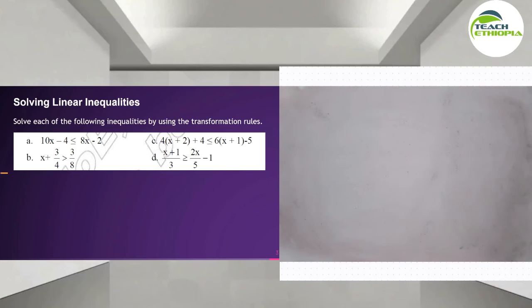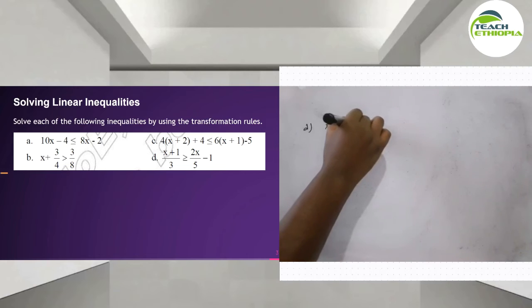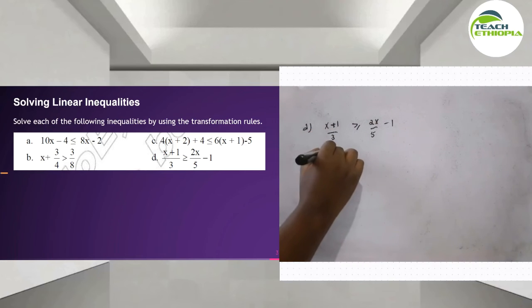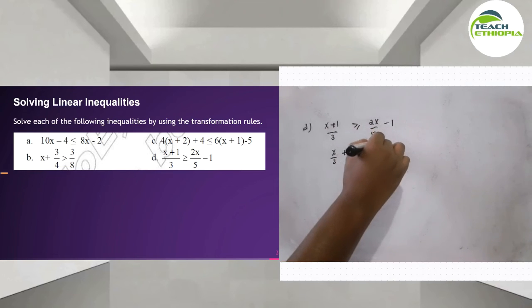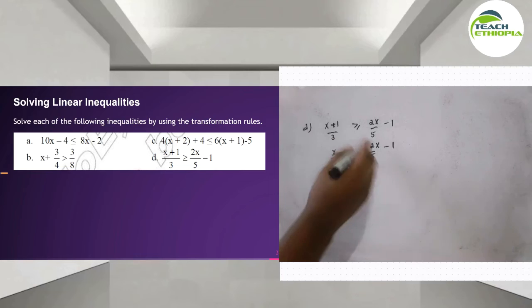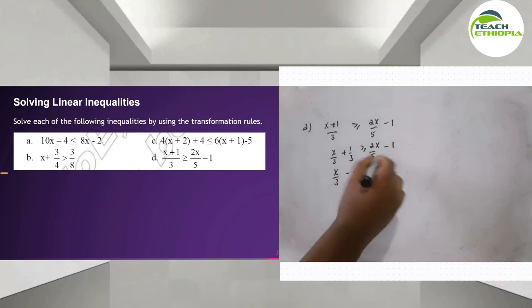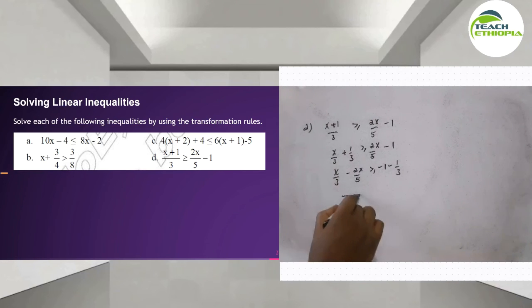ኦኬ ዲን ስንመለከት ዲ ጀስት ፍራክሽናል ነገር አለው። ስለዚህ x plus 1 over 3 greater or equals to 2x over 5 minus 1። ስለዚህ x plus 1 over 3 ማለት x over 3 plus 1 over 3 ማለት ነው። ሲምፕል ዌይ ለማሳየት ነው። ስለዚህ 2x over 5 minus 1። ሌትስ ኮሌክት ላይክ ተርም፣ x over 3 አለኝ፣ ይሄ ወደዚህ ሲመጣ minus 2x over 5 because ፖዚቲቭ ነበር ወደዚህ ሲያልፍ ማይነስ ይሆናል። ሲሚላርሊ ማይነስ 1 እዚህ ጋር አለች፣ እቺ ፕላስ ነበረች ወደዛ ስታልፍ ማይነስ 1 over 3 ትሆናለች።